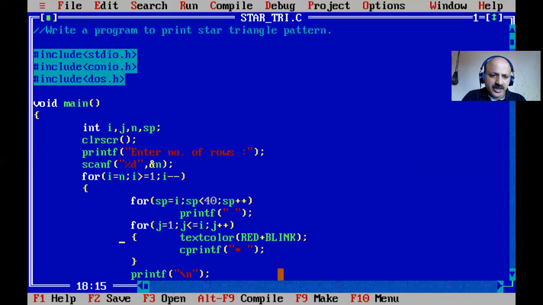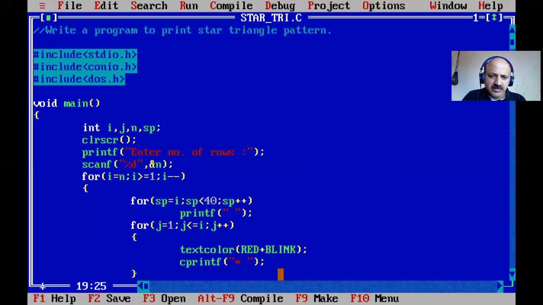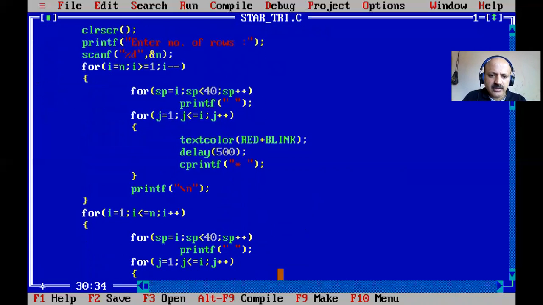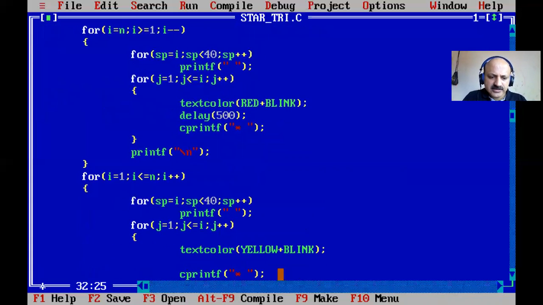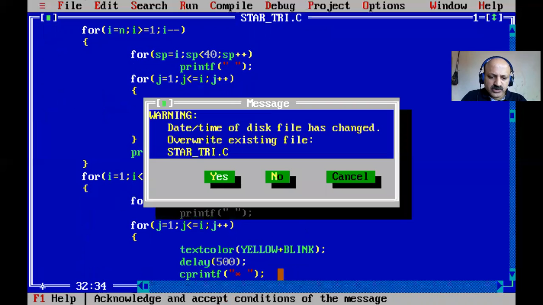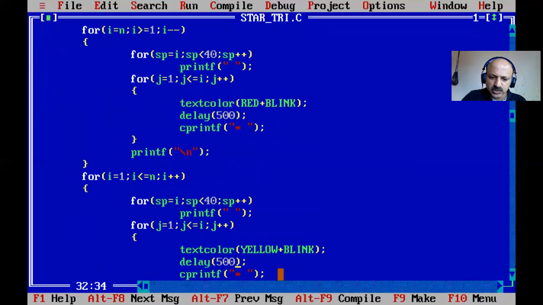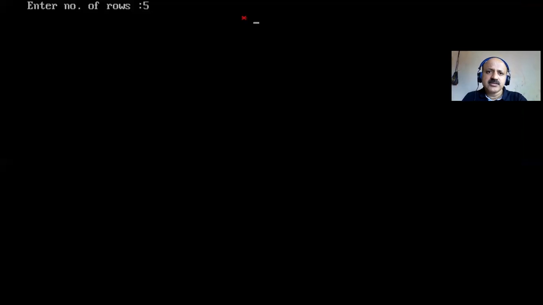So here I provide the delay function, and then here in between, delay 500. Okay, and then also below that provide the delay. Yes, so that is also important, some delay, and then come to the output and it is like magic. So I first press F2 to save, and compile again. Yes, there is no error, and now let us take, yes, now the magic starts.